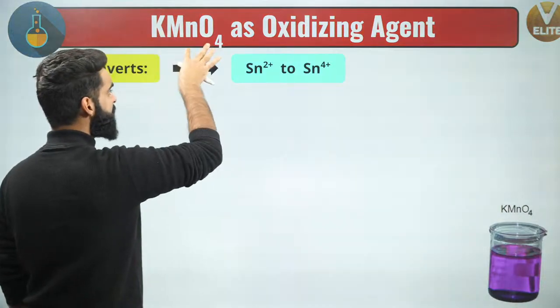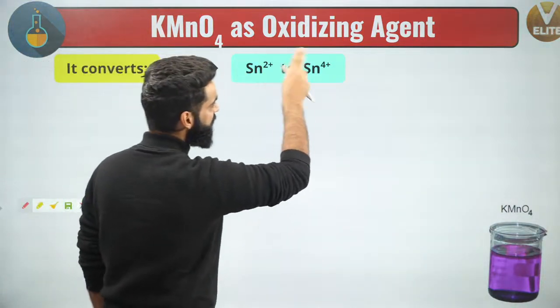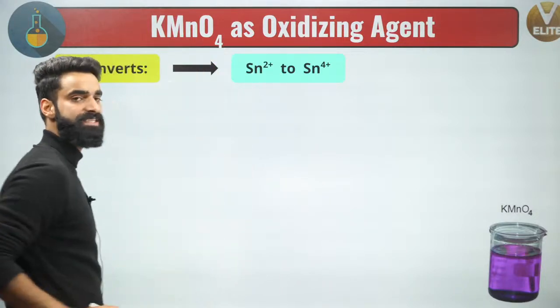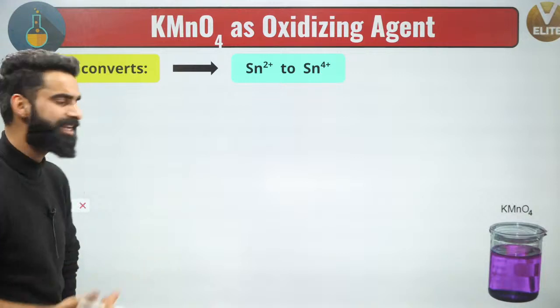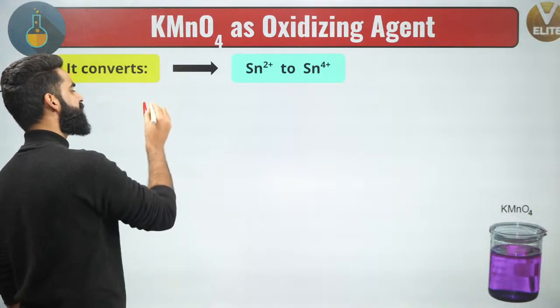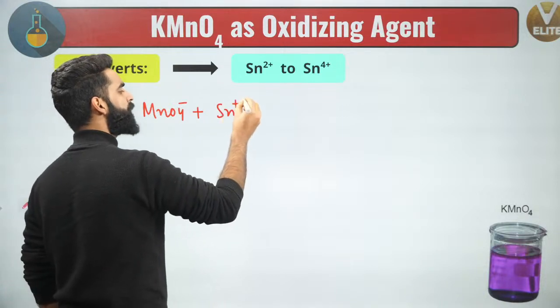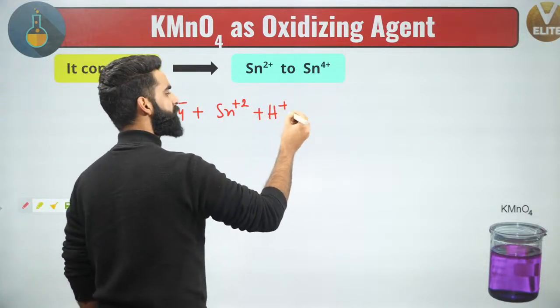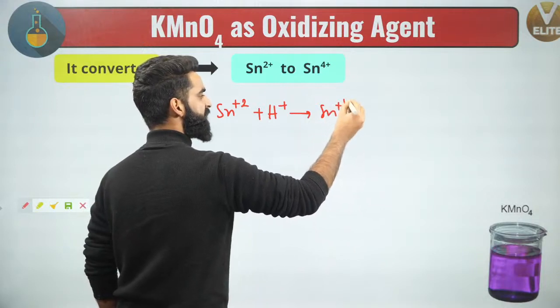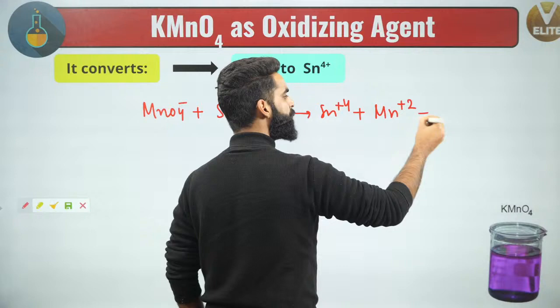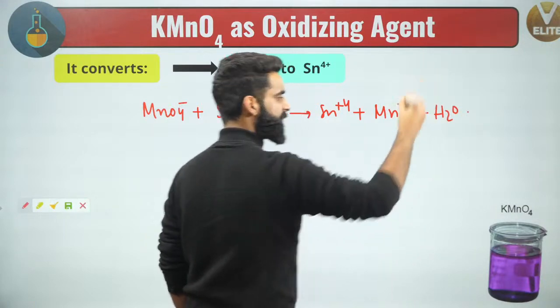Okay, now people, moving on, and let's talk about this reaction as well. Let me tell you, the same KMnO4, it converts Sn di positive to Sn plus 4. Just you need to remember, it converts Sn di positive to Sn plus 4. You can easily write the reaction. I can simply write the reaction. Your MnO4 negative or KMnO4, it converts Sn di positive in acidic medium into what? It converts it into Sn plus 4, and itself we know in acidic medium it gets converted to Mn di positive. With this Mn di positive, I'm writing water as well.